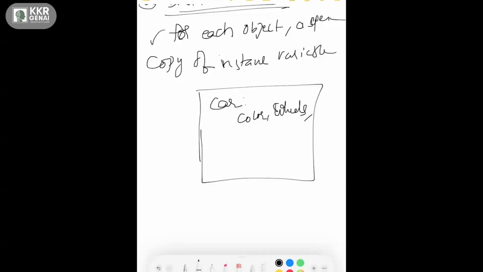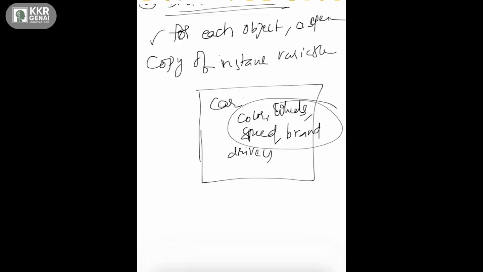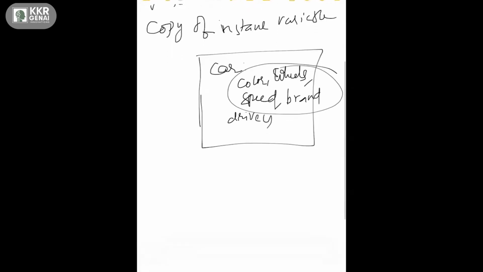Color, wheels, speed, maximum speed, what type of car it is, a brand. All these are attributes, and let's assume it also has some methods like drive. Let's assume that all these variables are instance variables.